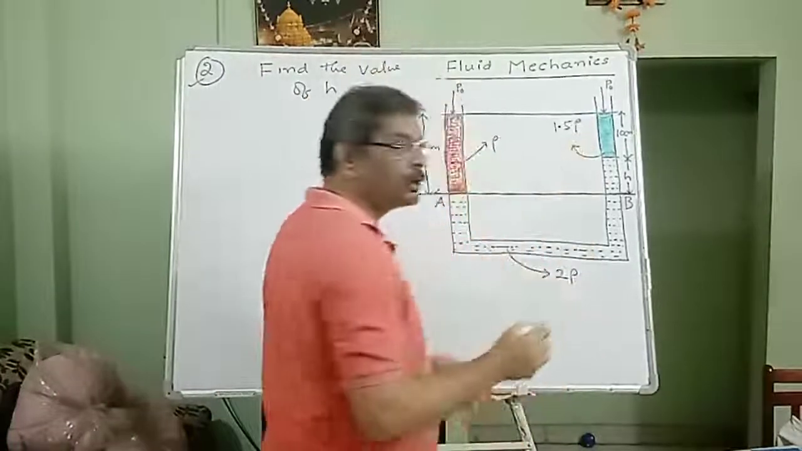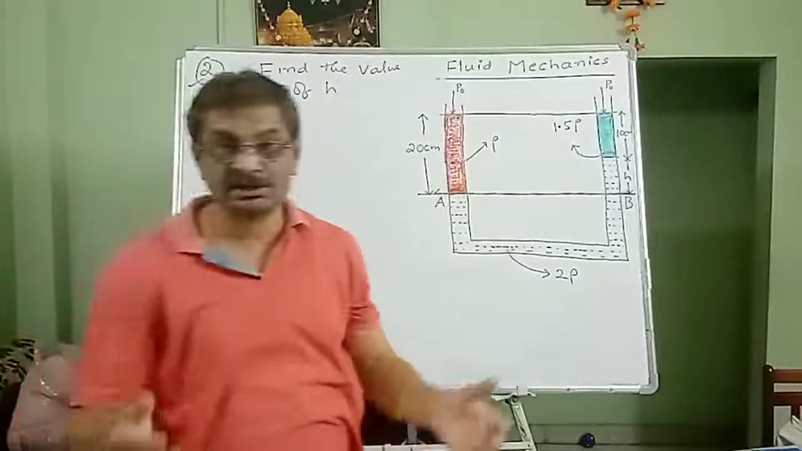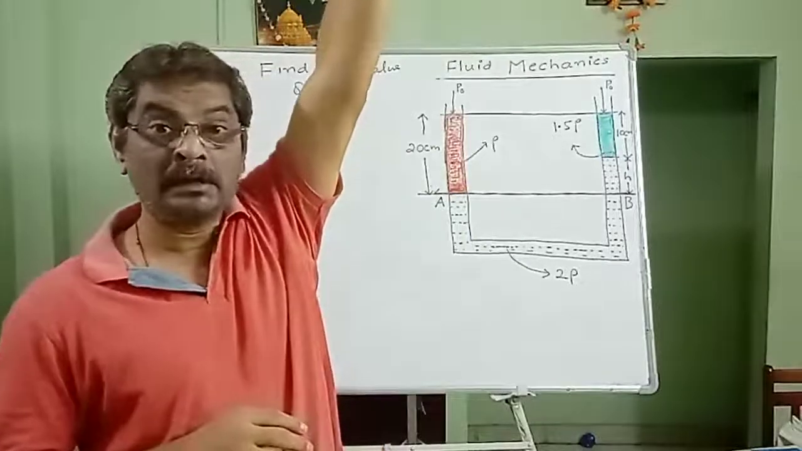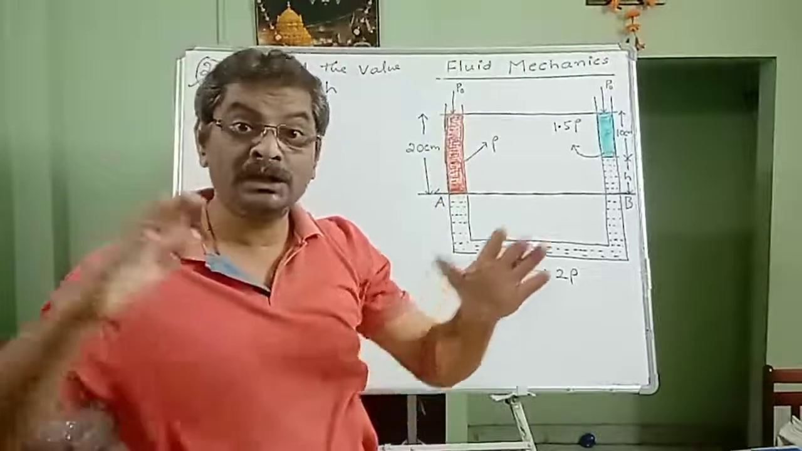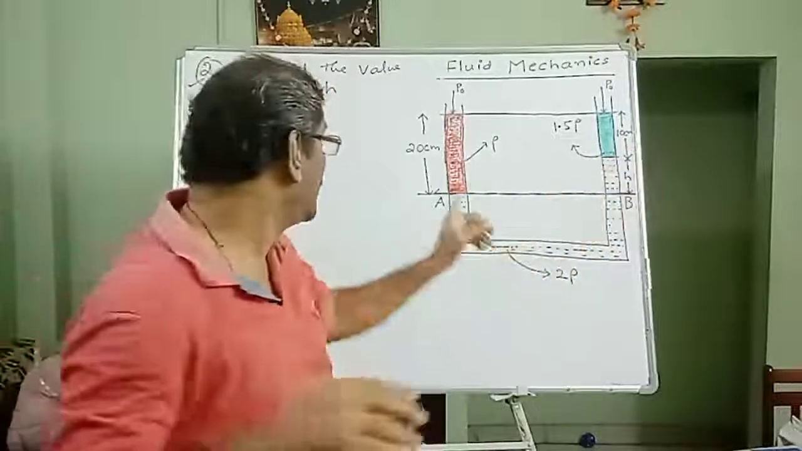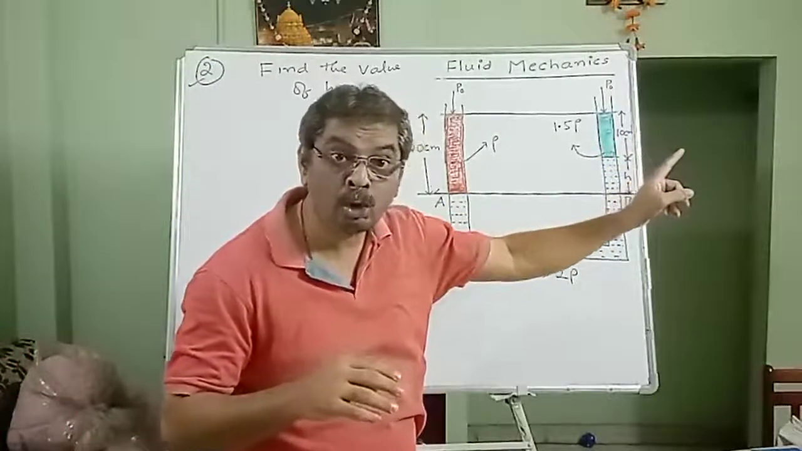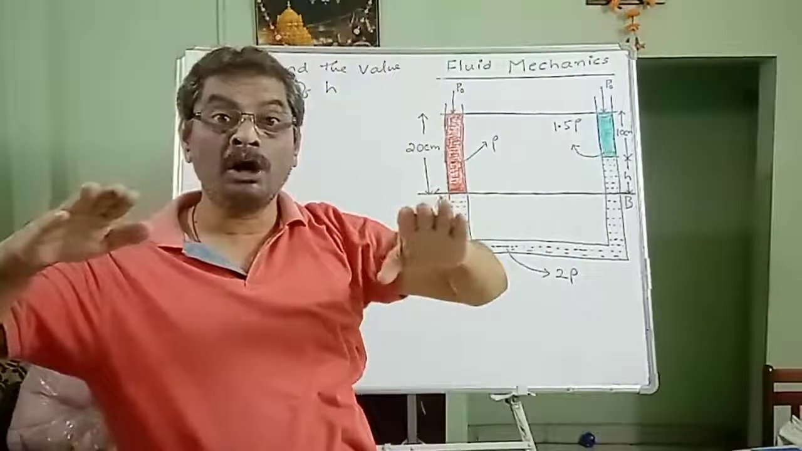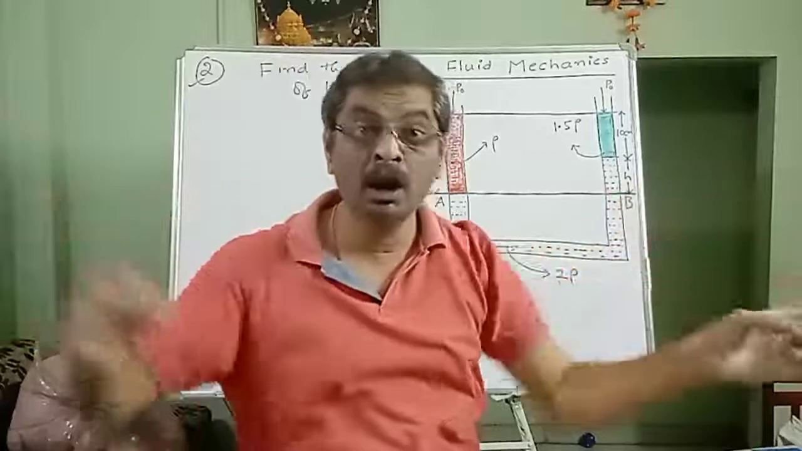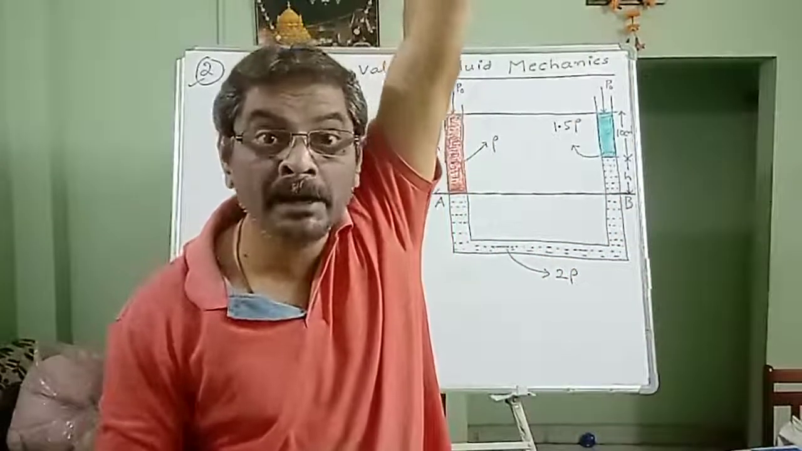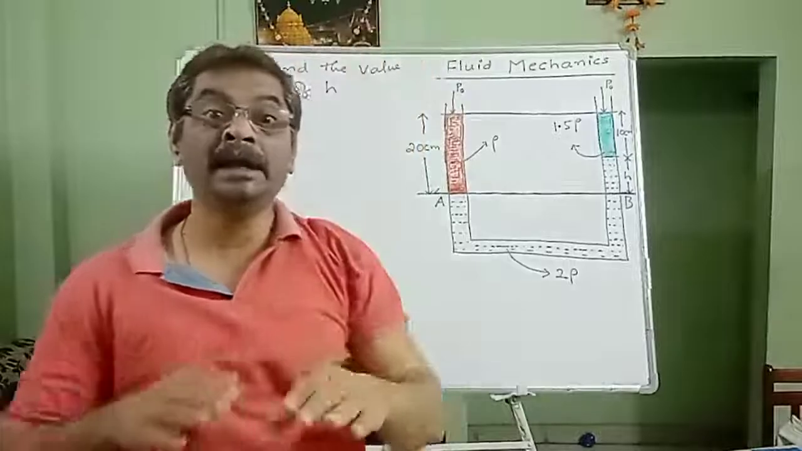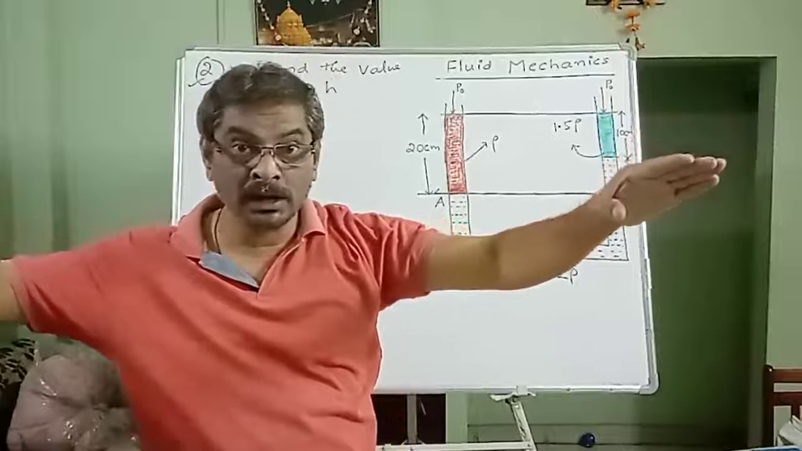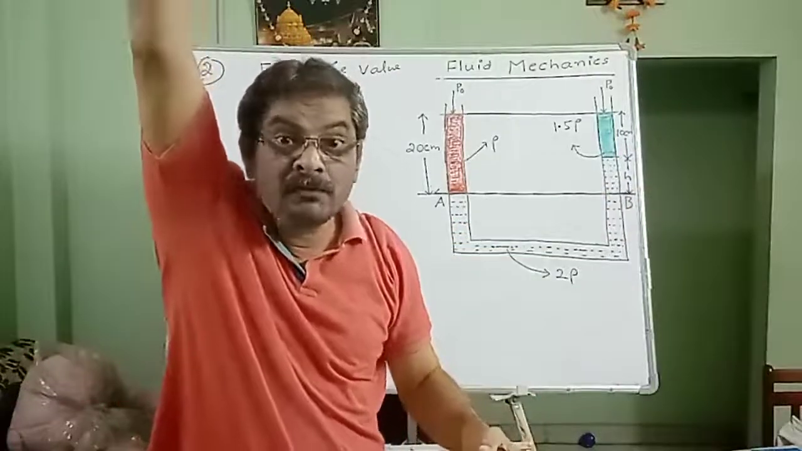So now let us see. Once again, what is the concept? You already know the concept. If you look at the diagram, both the points A and B will be lying on the same horizontal level. Since point A and point B are lying on the same horizontal level, that's the reason why